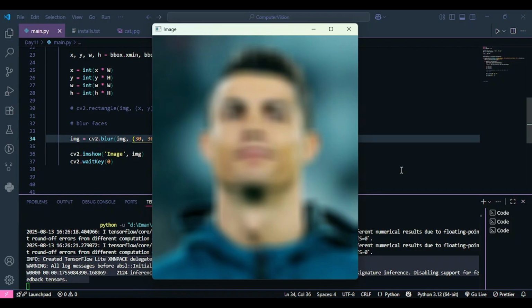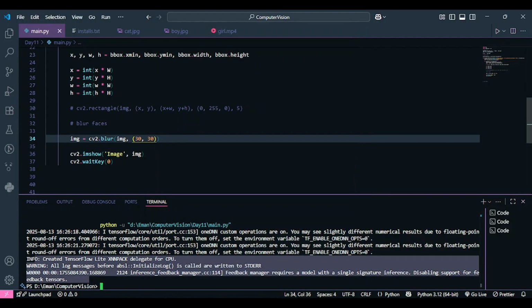So anybody who did not know what kind of image it was, it will be impossible for that person to identify this person, right? So it's kind of like an anonymous image, but the only catch is this is anonymizing or blurring the entire image, and we just have to blur the faces. So this is exactly what we are going to do.